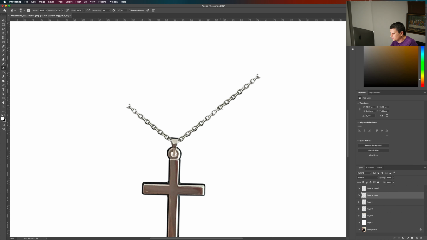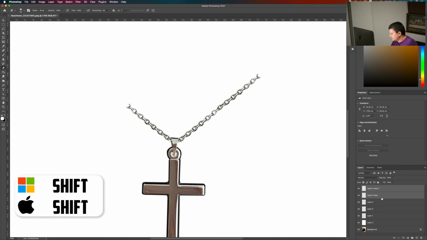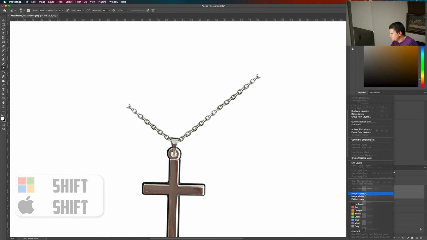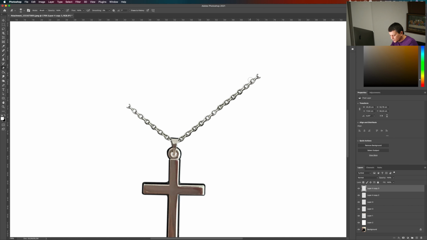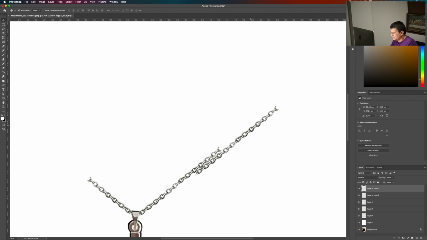Just erase over here. With the Shift key, select both layers and you can merge them. Let's press Command J one more time to duplicate. Control Command J on Windows. Like this. Select the layer before that. Erase here.